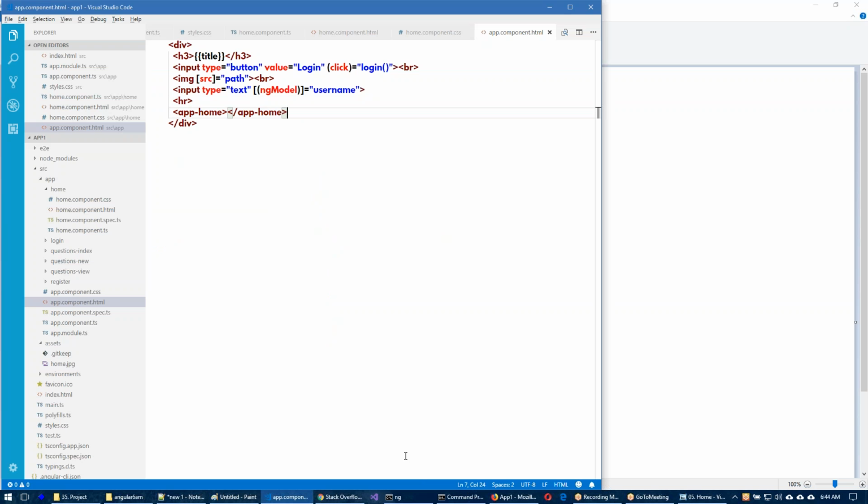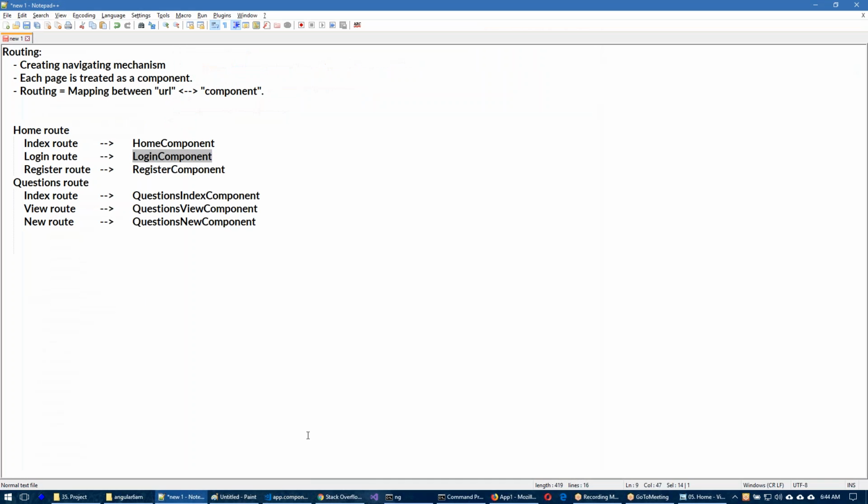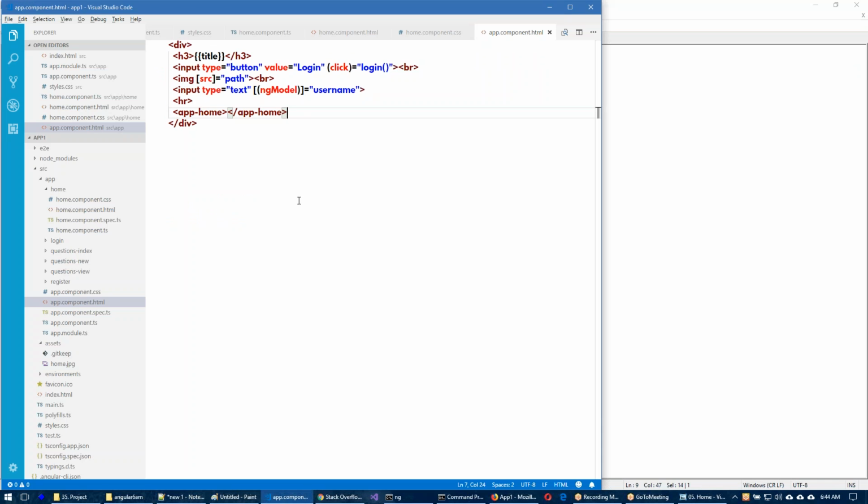So similarly, we are trying to invoke the remaining. So that is a registered component. Any guess the selector? Mostly it will be app register. Of course, you can change it. If you have any doubt, you can check. Go to registered folder.